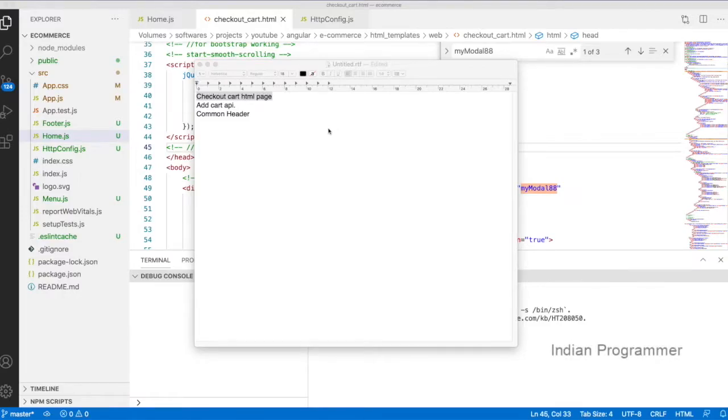So welcome to the next video in the React JS series. In this video we are going to integrate the checkout cart HTML page and the add to cart API, and then the common header actually. So common header is nothing but, now we are having all the headers